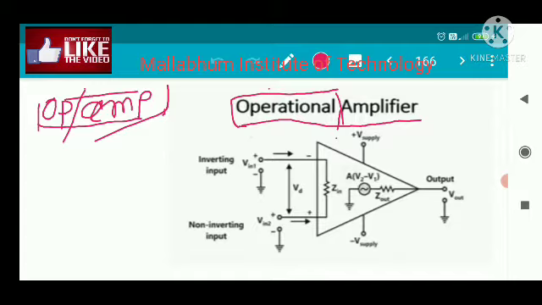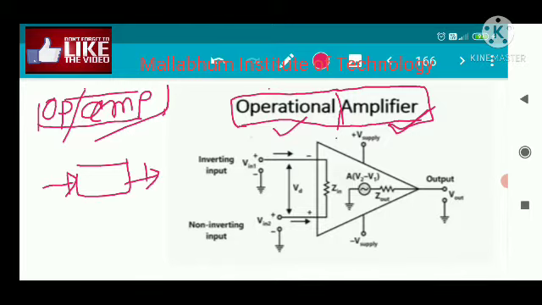Okay, so operational amplifier, as the term implies, is composed of two terms. The first one is operational and the second one is amplifier. Now all of you know about the amplifier. An amplifier is nothing but a device which can amplify the signal given to its input. That means it is a black box. Whatever signal is given to its input, the amplifier amplifies the strength of the signal, okay, without distorting its shape. So that is the primary function of the amplifier.